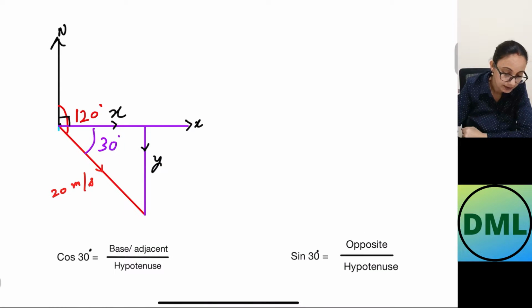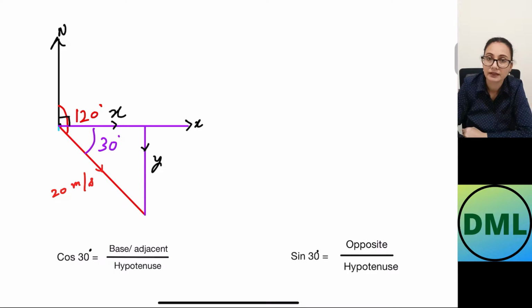Now, this is the second diagram. You can draw the triangle. So this is your north and you are traveling at a bearing of 120 degrees. So that means you are moving in this direction. So this is our x-axis. What I have done here is I have drawn the triangle on the x-axis. So this is my triangle here. As you know, between the north and the x-axis, the angle is 90 degree. So out of 120, 90 degree is gone. So you are only left with 30 degrees. So that means this angle is 30 degree. As you are moving x units in the i direction and y units in the j direction, this will be x and this will be y.